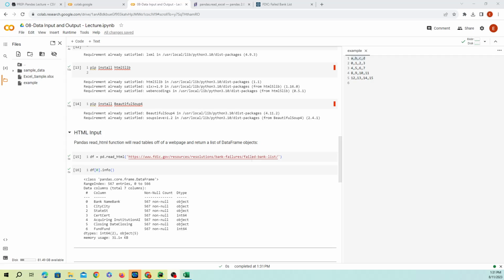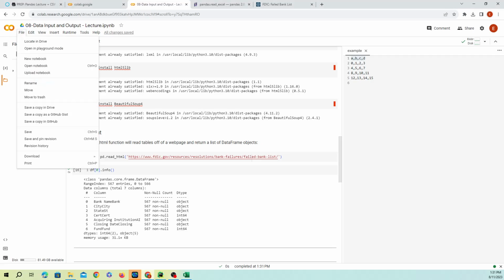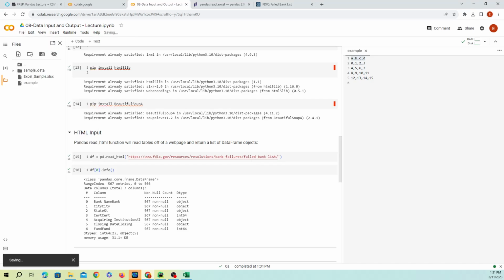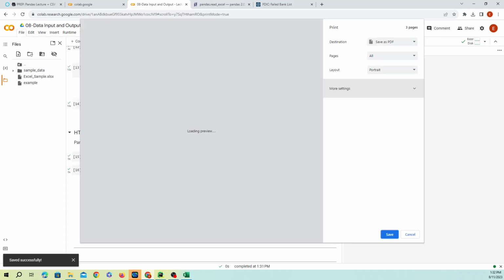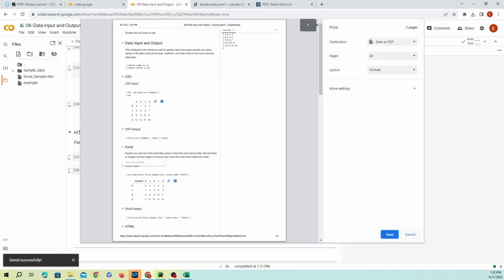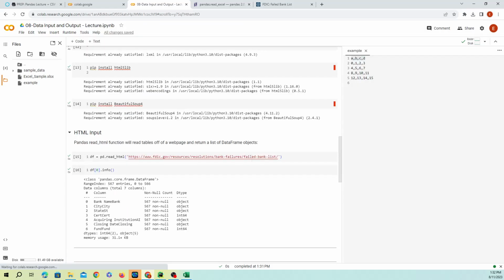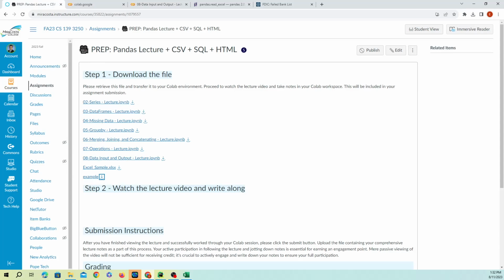Okay, so this is the end of this part. Make sure that you click save, and then you print it as a PDF, save it, and that's what you're going to submit in your Canvas. Okay, save it, and then now that you have all of them, there's an option for you to submit. Right now it's not visible because this is the